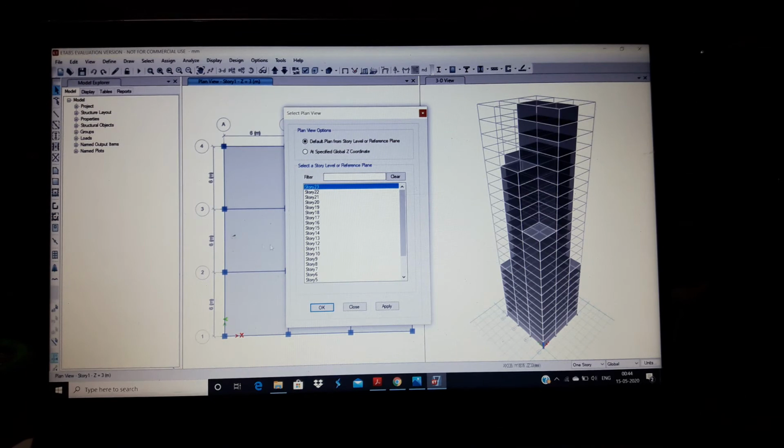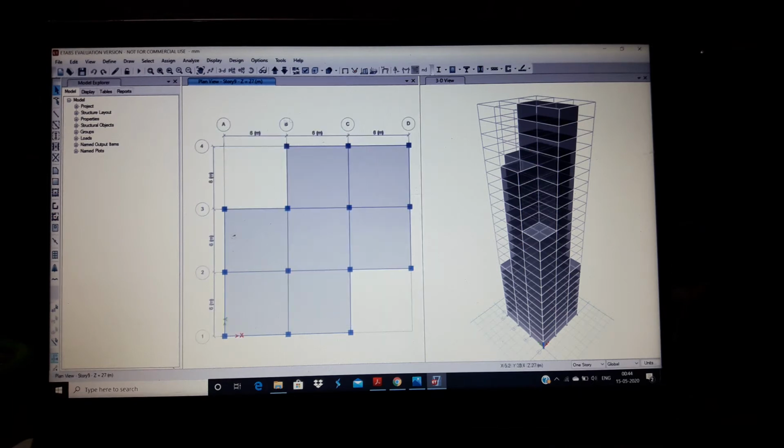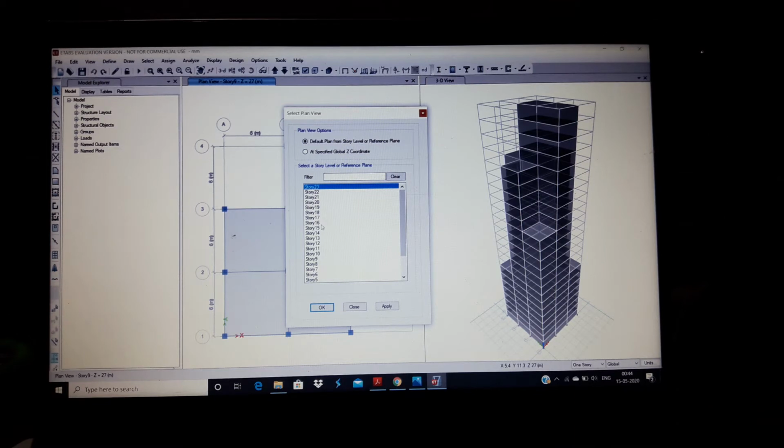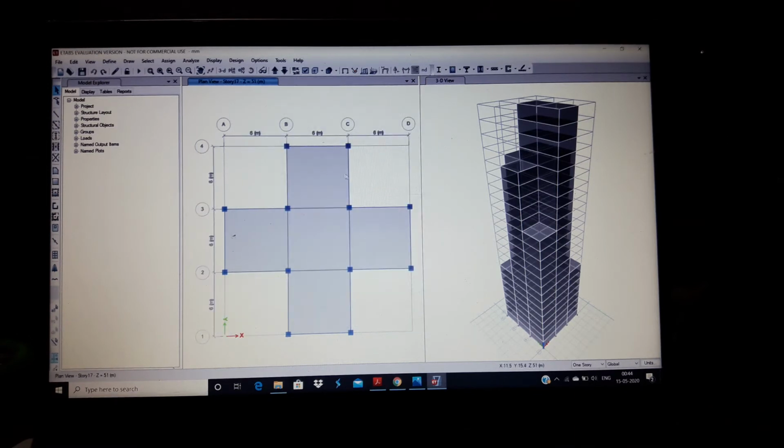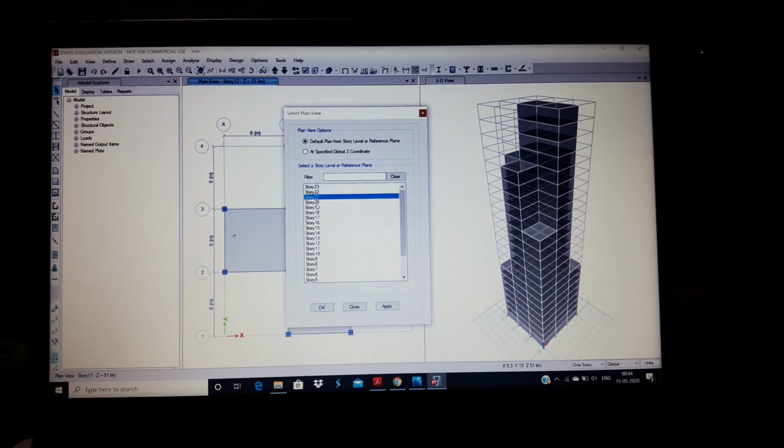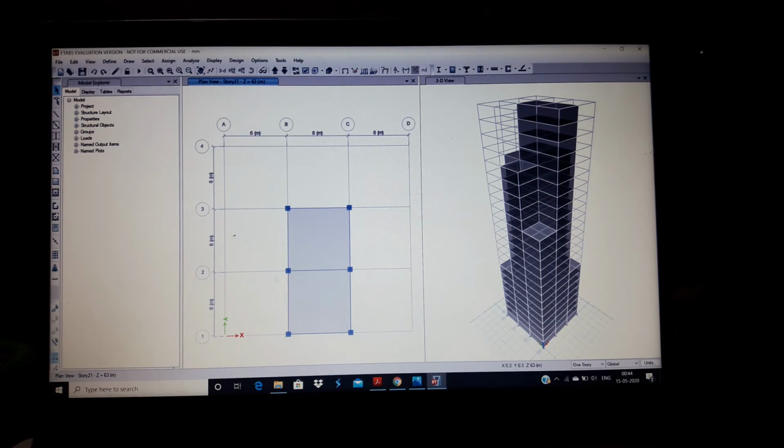We have similar structure, and then from 9 to 14 we have structure like this, and then for 15 to 19 we have this, and for 20 to 23 we have this.